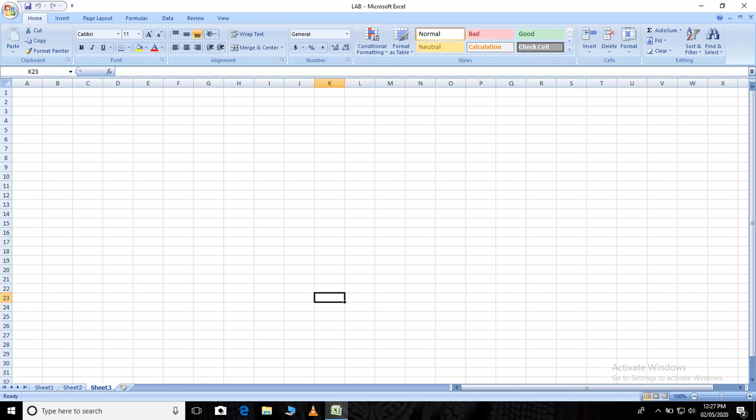Coming back to the second part, that is Microsoft Project. In that we have studied, this part is covered by Professor Rashmi of our department.